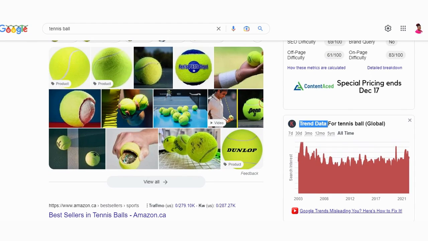So the higher the volume of search on that keyword that you input, the more demand for that product, and that will help you to validate, to say, hey, this product that I want to sell, there is a demand in the market, people are looking for it, they're searching, they're typing about this product, and it will give you some little confidence in the product that you've chosen, to say, hey, there are people who are typing and looking for it, so they might also become customers down the end if they're really interested in your product.